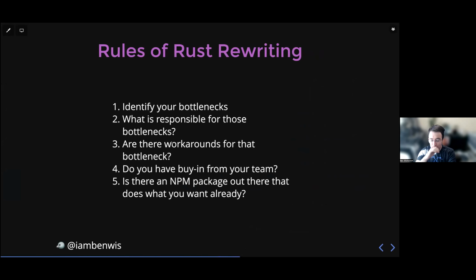So I want to talk a little bit about when you would want to rewrite something in Rust, right? Because I'm assuming for you guys, you've got your Remix backend, you've got all sorts of fun functions in there. You're not going to just write it in Rust for no reason. So these are the rules that I kind of follow. Identify the bottleneck,